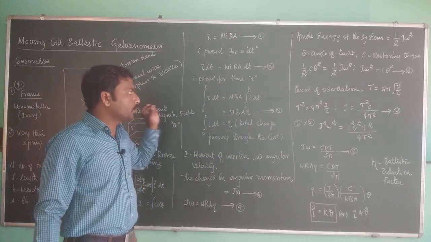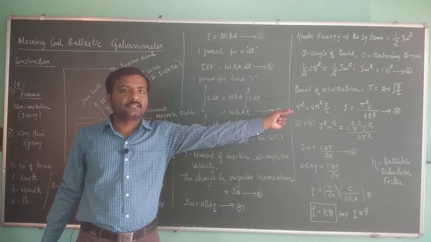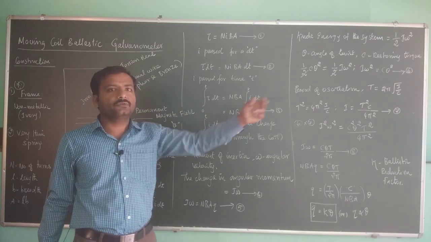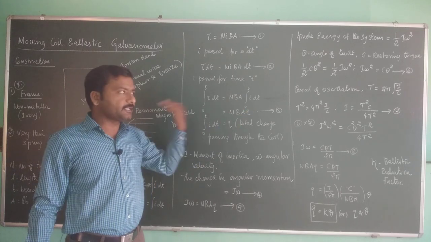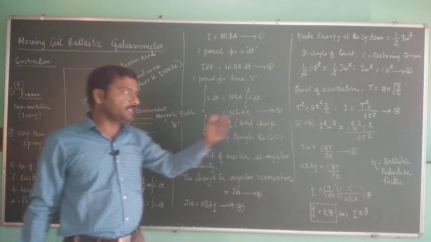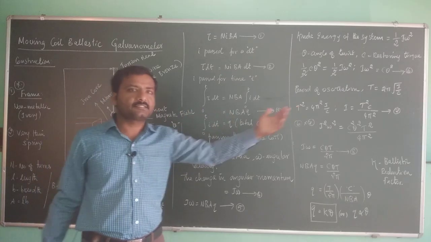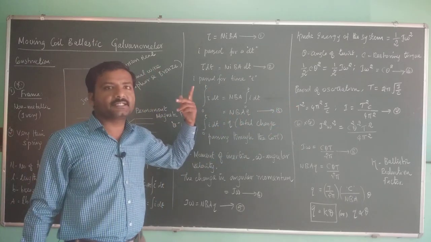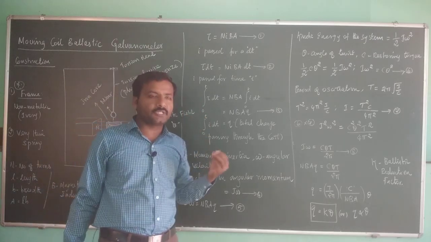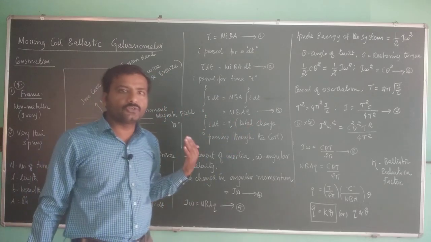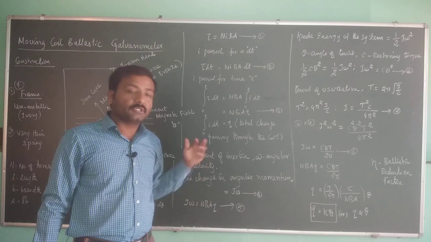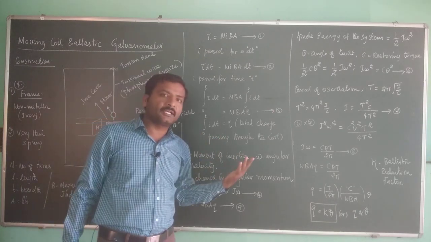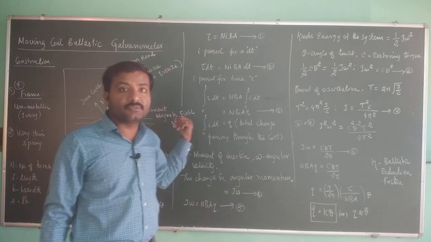mounted on a non-metallic frame, so that it has a fairly large period of oscillation. Which means once it is momentarily twisted, when it starts to come back, it will not come back immediately. It will slowly come back, and there is an oscillation created. In the ballistic galvanometer, there is an oscillation created. While in the steady state galvanometer, that is the moving coil galvanometer, if you remove the current, it will come back to zero. In the moving coil galvanometer, there the metallic frame is there,